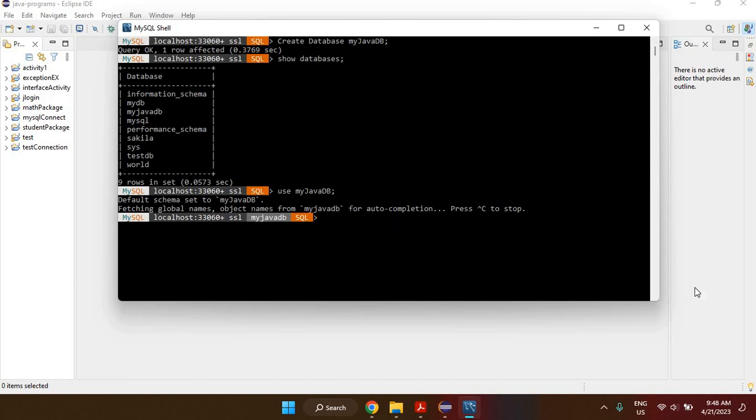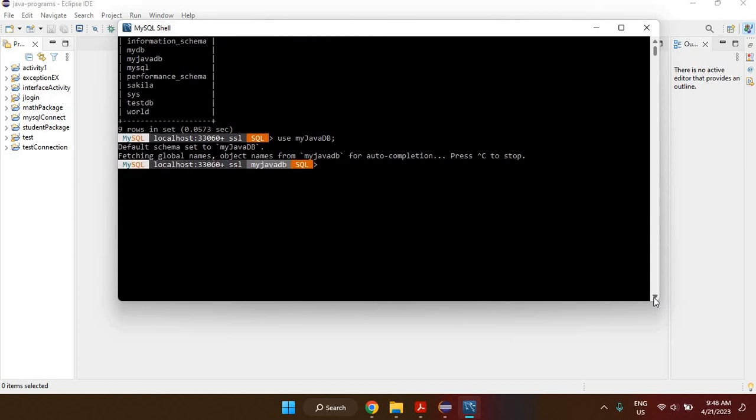It says that the default schema is now set to myJavaDB. So any command I type from here on will affect this particular database. Now I'm going to quickly create a table. So I'm going to say create table, and I'm going to create a table to store users, password, and username. So I'm going to say create table,